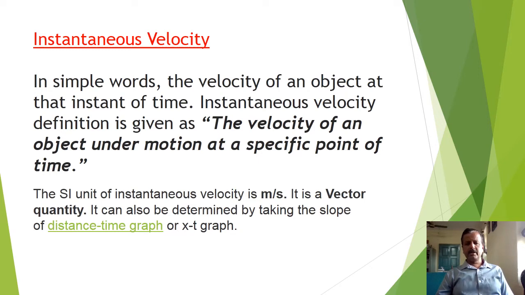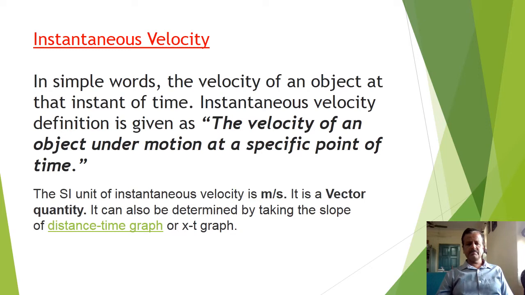When you reduce the speed, when you apply the brakes or change the gear, you will find that there is a decrease in speed. The pointer goes on reducing. So that pointer in the speedometer shows instantaneous speed. Instantaneous speed and instantaneous velocity, there is not much difference. Both are same. Only difference is the instantaneous velocity has a direction. So velocity of a vehicle at a given instant of time is called instantaneous velocity.